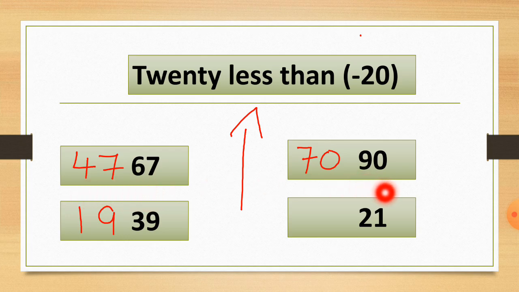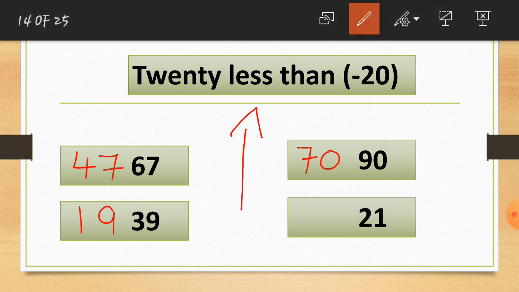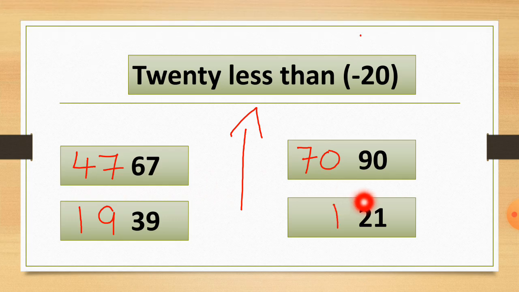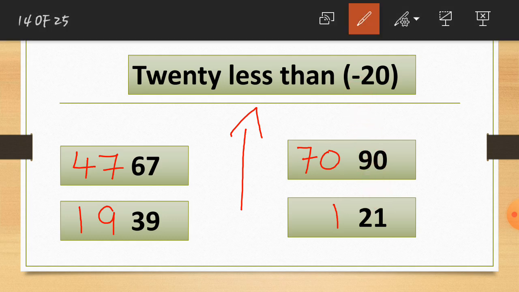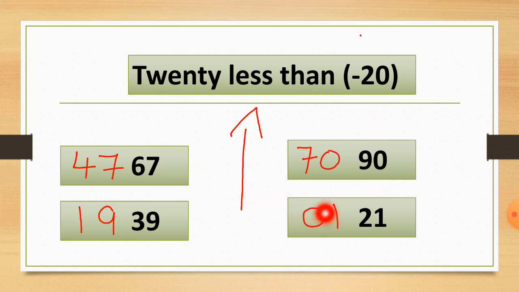Now let's move here. Here is the number 21. So write down the ones value as it is first. So I write this 1 as it is first. Now you have to cut 2 from this 2. So 2 minus 2 is equal to how much? 2 minus 2 is equal to 0. So here we get 1 as an answer. 0, 1, it means just 1. If you cut 20 from 21, you will get the answer just 1. So this much easy it is, students.